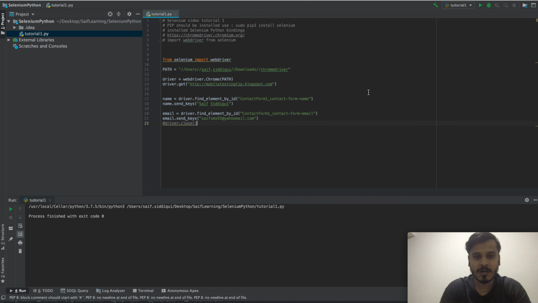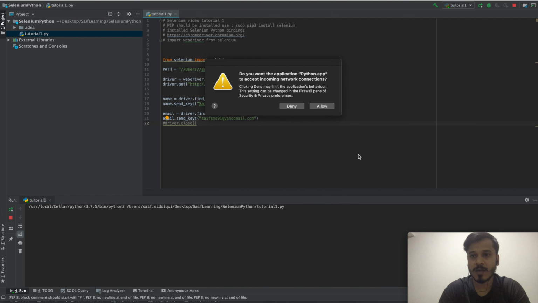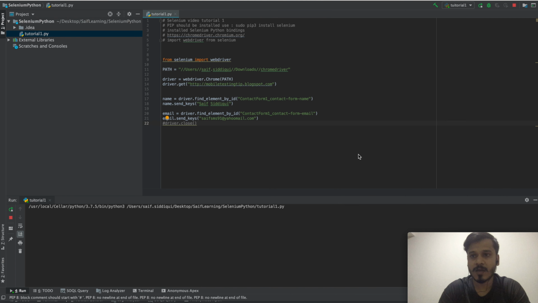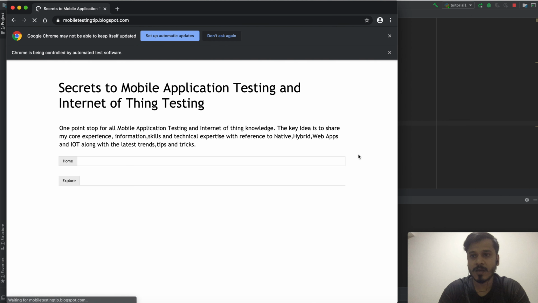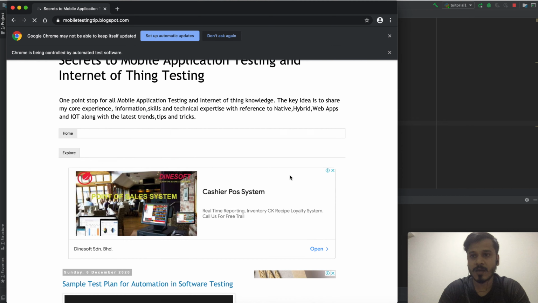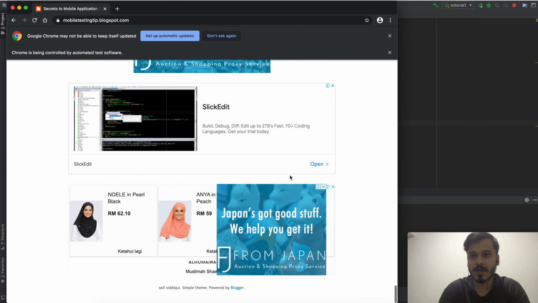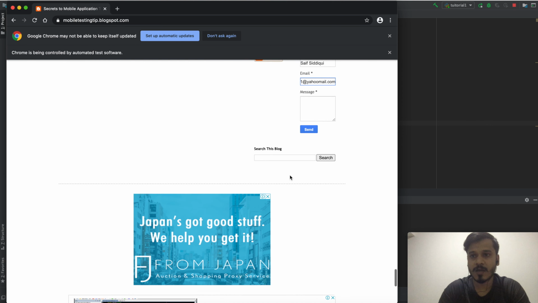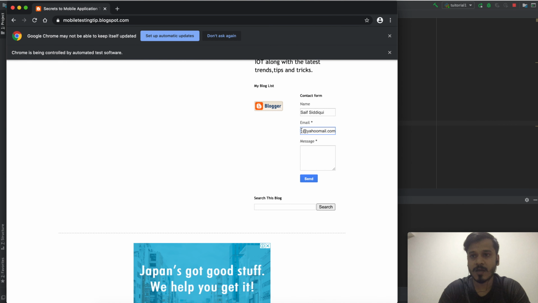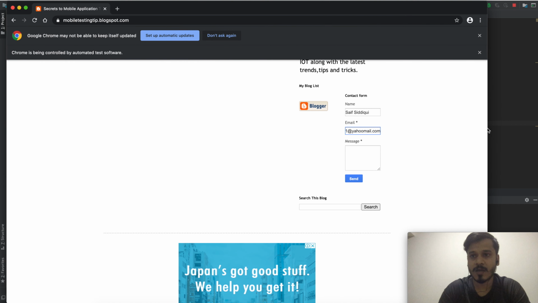So now if I run it again, I will just see if it is able to enter the email. So it is just going to find the element and okay, so you see it is able to enter the email. If I go here and see if the correct email is there, yeah, it is showing me the correct email which I'm entering.